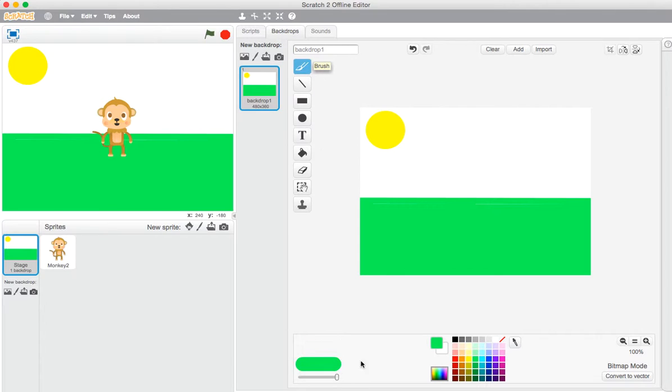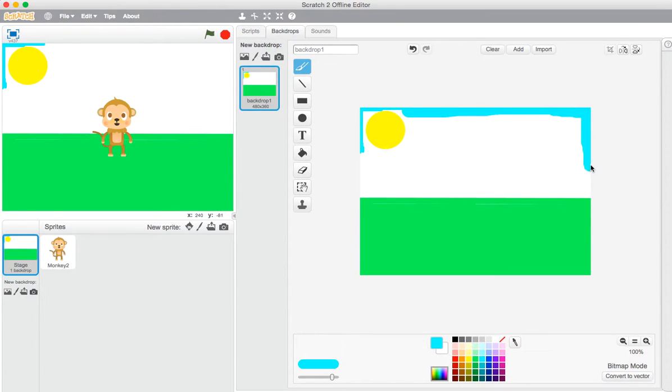You can go back to your brush tool, and now we're going to make the sky. I'm going to make this fairly skinnier and click a light blue for the sky. Now if you want to carefully go around the sun, I might have to make that a little skinnier. There we go. And I'm going to go down as well while my brush is still skinny. Oops. And now you can make it a little thicker and finish it up, carefully meeting it with the grass,